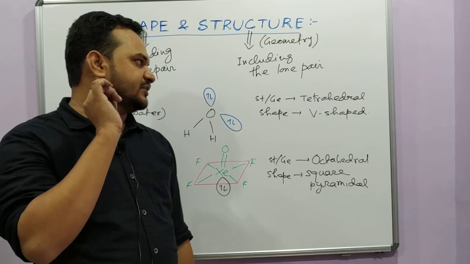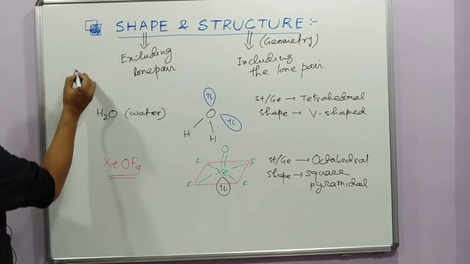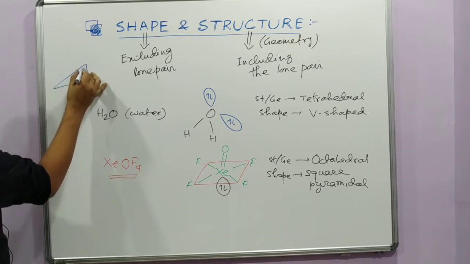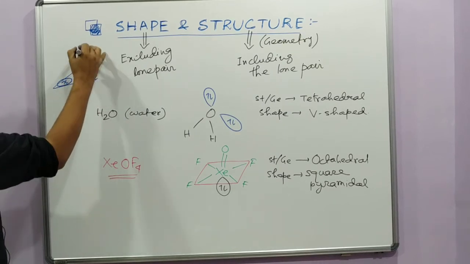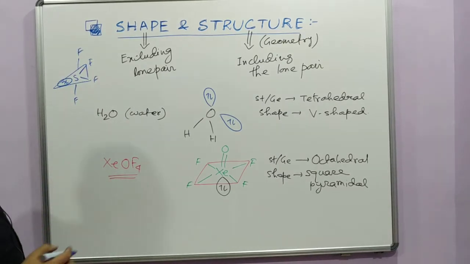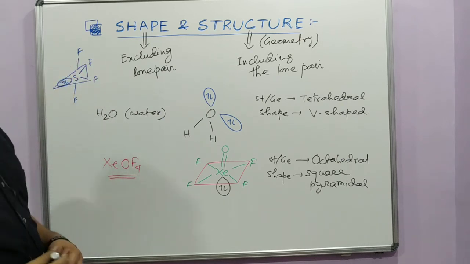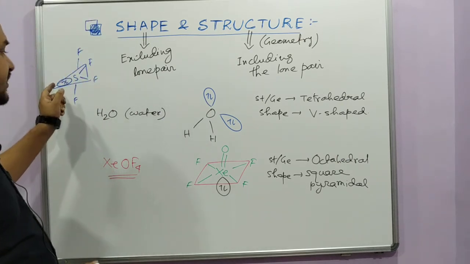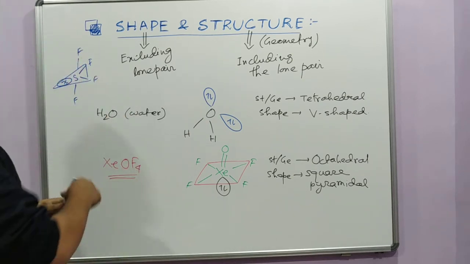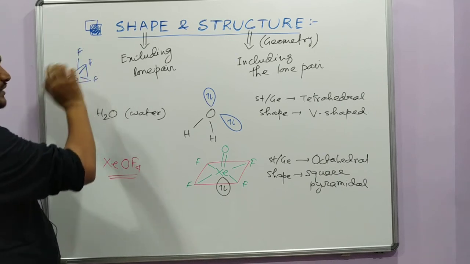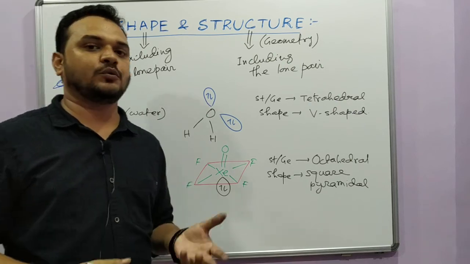So I will end this video by putting a question. When I draw SF4, we know it is trigonal bipyramidal, and I put fluorine like this. And we know in trigonal bipyramidal geometry, these two are axial and these three are equatorial, they are not equivalent. So how do we know whether the lone pair will be placed in the equatorial position or in the axial position? Because if I place this lone pair in the axial position, it will not look like a seesaw, but I am saying the molecule is seesaw. So how to determine this?